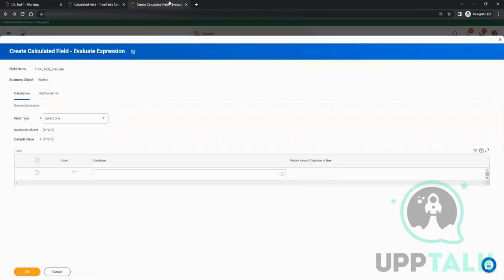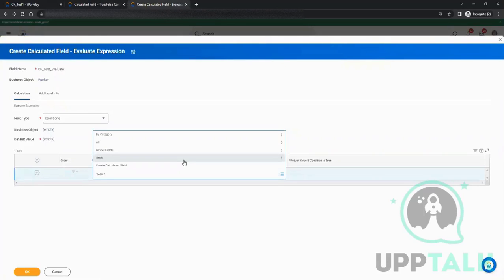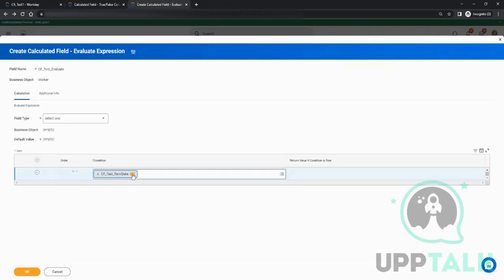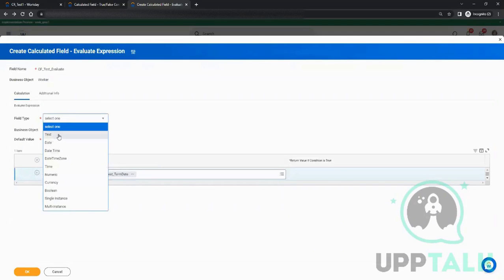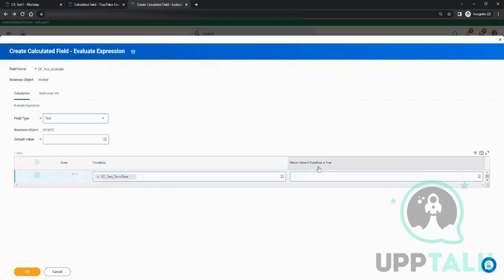Now let's go to our main evaluate field. The first thing we have to check is CF test term, the one we just created. It will execute and check if the date is greater than 2015. If yes, it will give a value of yes. So now this evaluate will evaluate this true false. Let me give it here as text. If it is true, it is asking what to return if the condition is true. I want to return CF test underscore new,